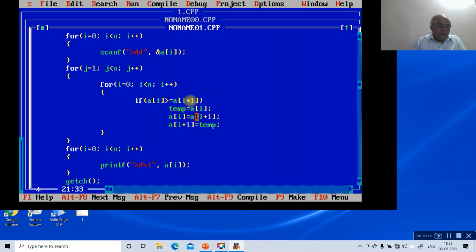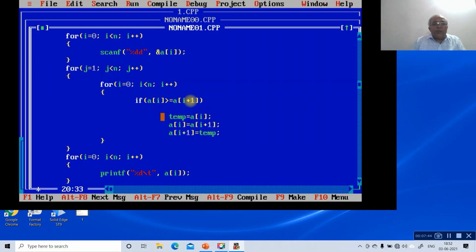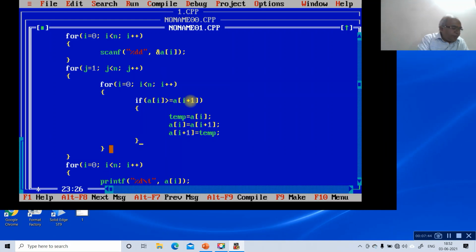If A of I is greater than A of I plus 1, then temp will be equal to, open the loop. So here again we open the loop. Then we have the close parenthesis for this for loop. Again we have this for loop here and this for loop ends there.